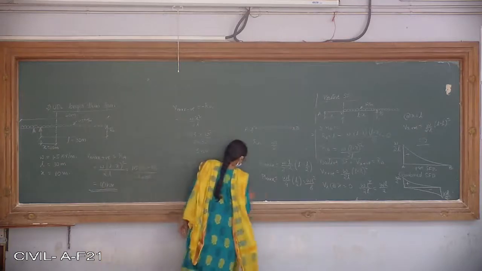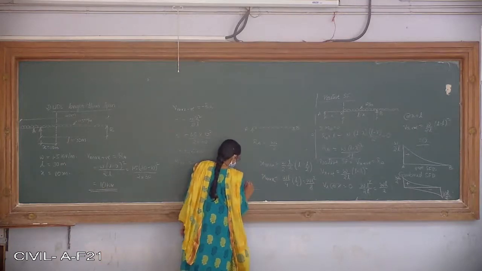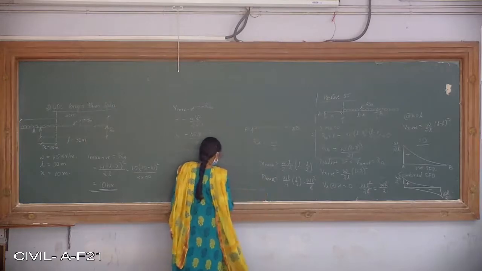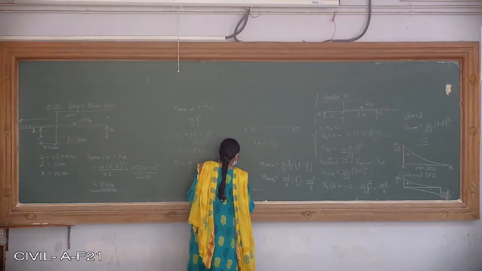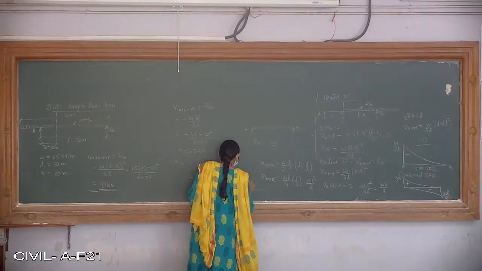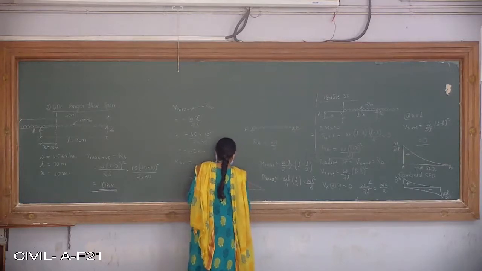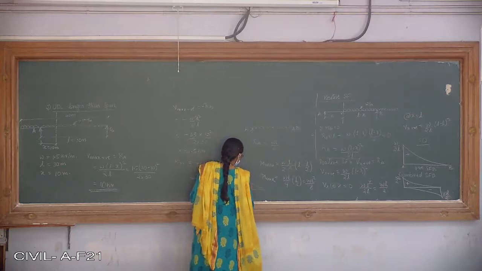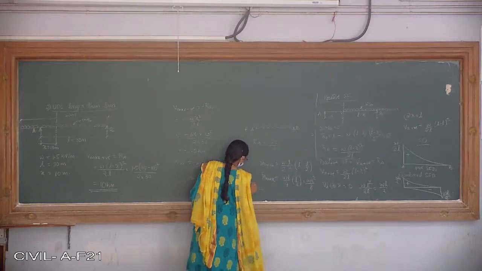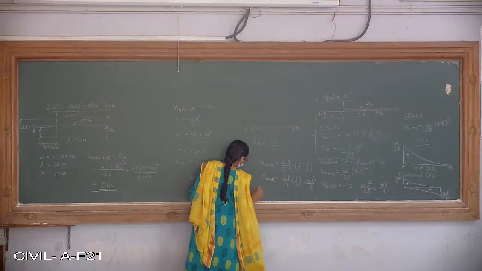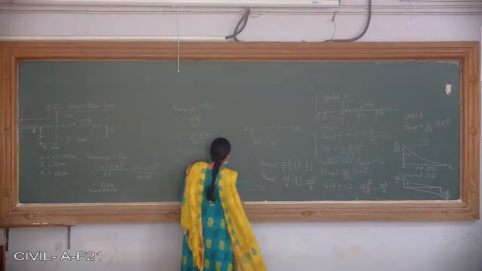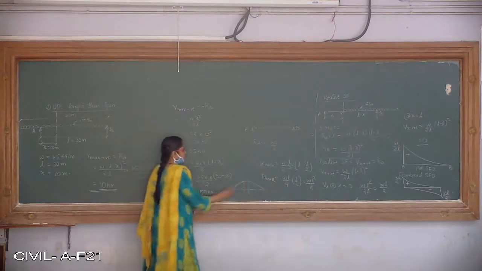If you are asked to draw the bending moment diagram for this, it will be like this. Okay, only for this value. Of course, it will be parabolic, but this is not the maximum bending moment. This is one of the moments, okay, at this particular section. Your maximum bending moment may be somewhere else. It can be like this. Okay. So you need to locate the maximum bending moment also.